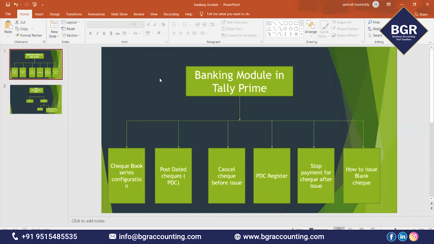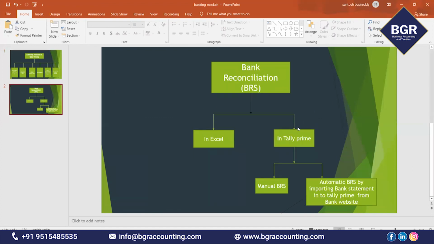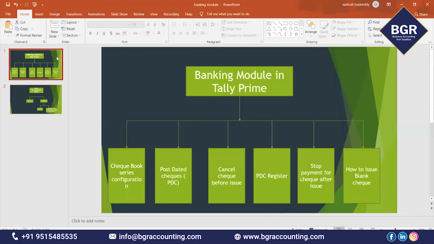As a fresher in this profile, you have to do these works: issue the checks, maintain the check series in Tally, enter PDC checks, cancel checks sometimes before issue, give stop payment for checks, issue blank checks to some parties, take the printout of PDC registers, and do the monthly or daily bank reconciliation statement. This is your finance executive profile.